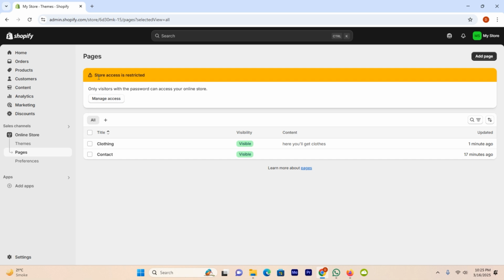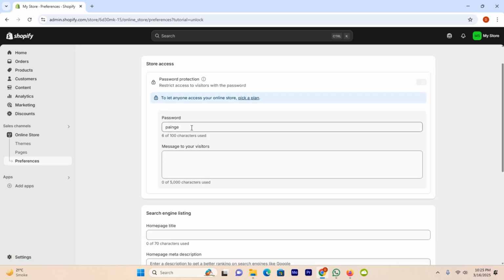Here, you can see the option of store access is restricted: only visitors with the password can access your online store. Now, in order to manage access, click on the option Manage Access. And here is the password, meaning if a person has this password, then he can get access to my store. The store is not visible to anyone because I have a free plan, so that's why everyone cannot get access